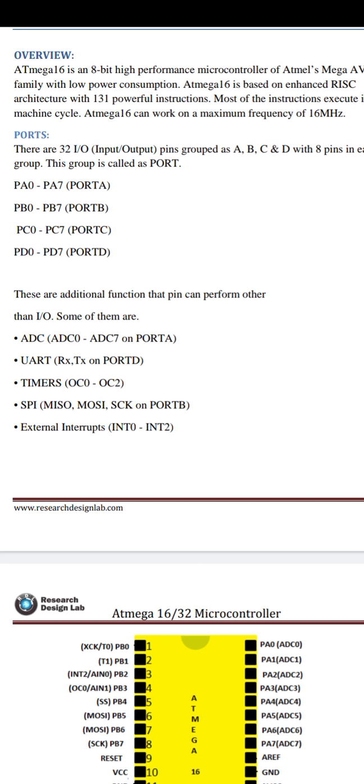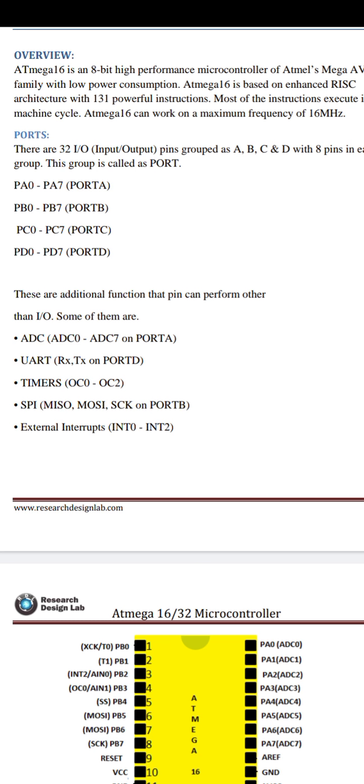The main parts of the architecture are the ports. There are 4 main ports or groups, with 32 IO ports, that is, input output ports. They are called port A, port B, port C and port D. Each has 8 pins. Port A is PA0 to PA7.